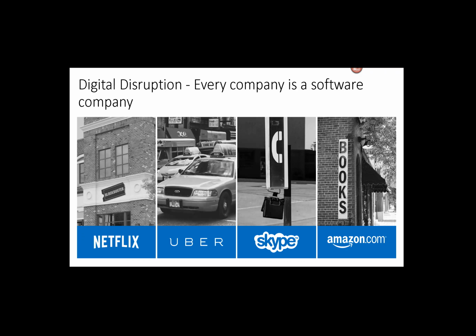The way they used technology in a different way has provided a leadership where all the existing players and existing businesses are using the same model. They are using technology to innovate and get their products closer to their customers, since all the end consumers now have smartphone and internet access. The best way for any business to reach out to their customer is using technology. When that happens, every company becomes a software company in a sense. If you talk about any healthcare company or any banking company, you are interacting with them essentially through their software, and all their services are offered through their software, applications and services.